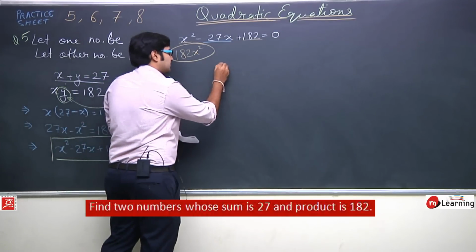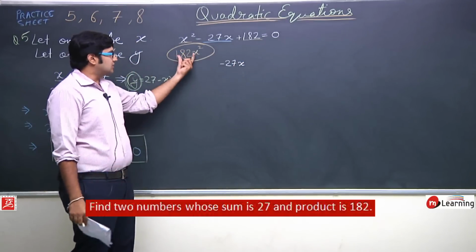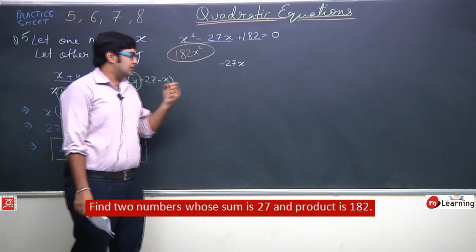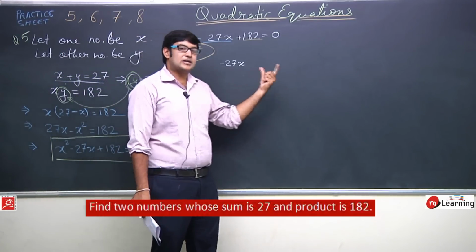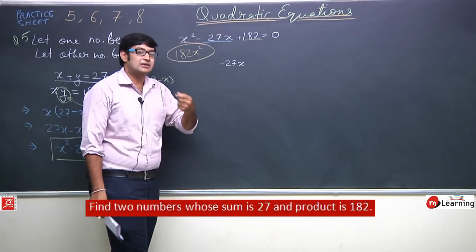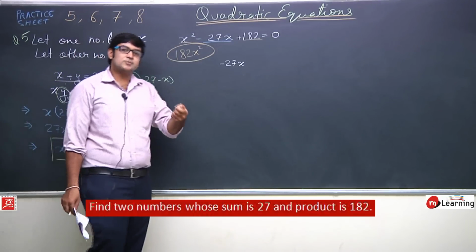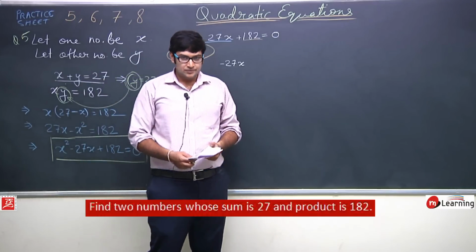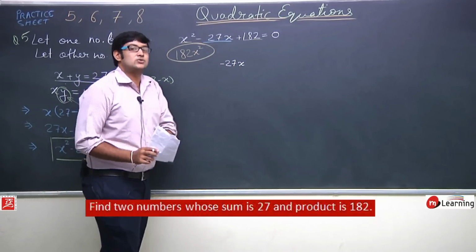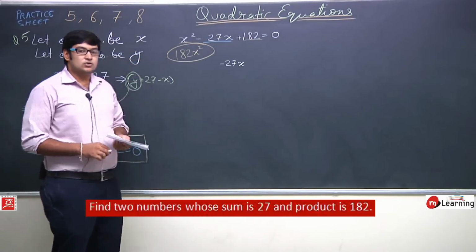So I want 182x square as the product of two terms. So what is the number? It is minus 27x. Now you can see that this 182x square is a positive number. यह एक positive number है. इसका मतलब जब मैं minus 27x को split करूँगा, so the two terms that will be obtained should have the same sign. That is, if one term is negative, the other has to be negative. If one term is positive, the other term also has to be positive. Okay? So it means जो दो terms आनी चाहिए, उन दोनों terms का addition होना चाहिए, ना कि subtraction होना चाहिए. So now let us check this 182x square.